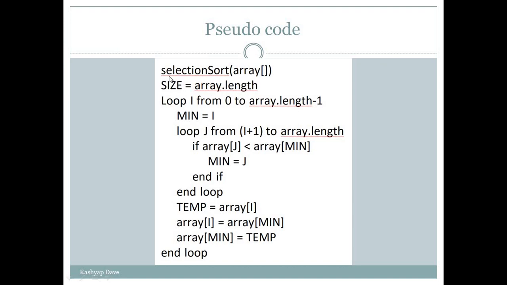We will find its size, and we will know how many elements the array contains. After finding the size, we will put a for loop with i. It will start from 0 and go up to length minus 1, meaning if the array size is 8, it will start with index 0 and go up to size minus 1, which is the 7th index. Okay, and it will increment by 1.